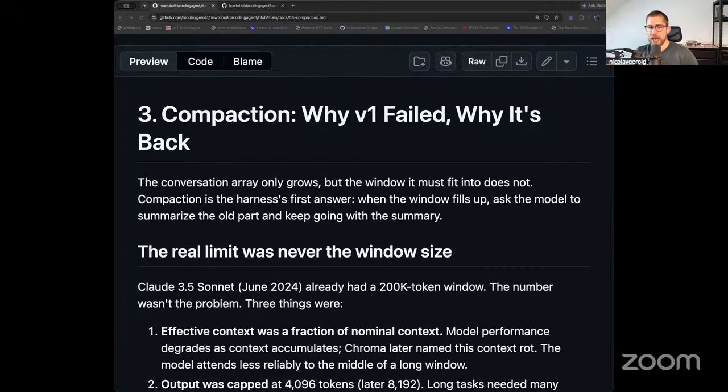Yeah. And so if you have restricted space, and also only a limited amount of usable space, what are you doing if the conversation array keeps growing? Compaction was basically the first answer to that. When the window fills up, you just ask the model to generate a summary, delete whatever was before, and then ask it to continue. And if you scroll down to the limit,